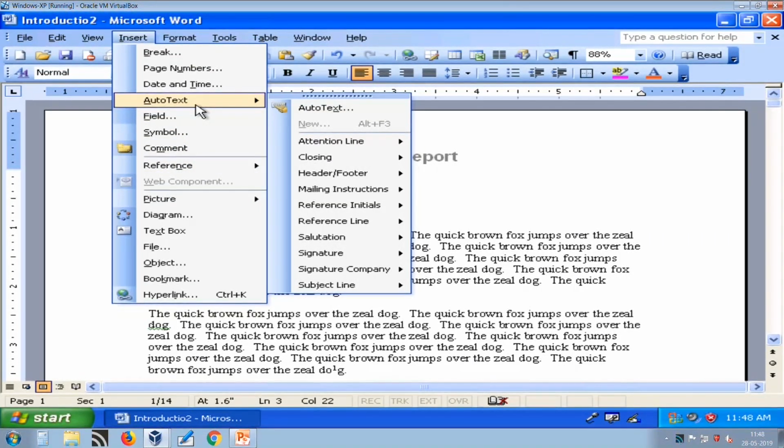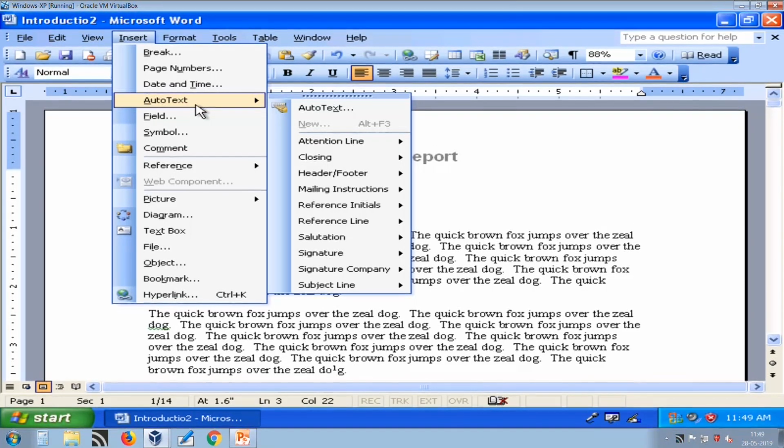Another important feature is auto text. Auto text and autocorrect, these are the two options available in Microsoft Word. Now, remember the difference between auto text and autocorrect: auto text will automatically suggest whether you want to add this text in your document as you type a few characters of the text, and autocorrect will immediately replace some predefined text with the text which is mapped with that text.